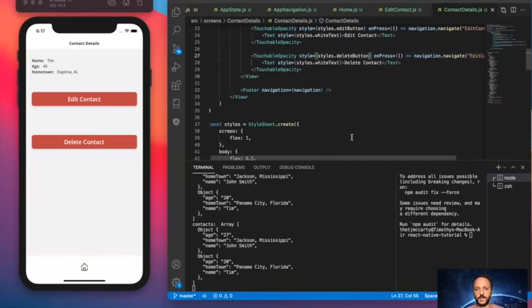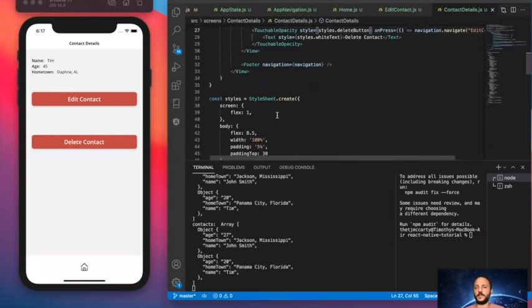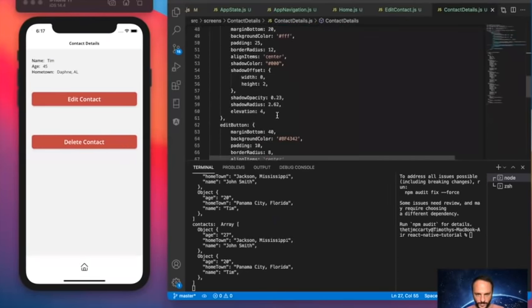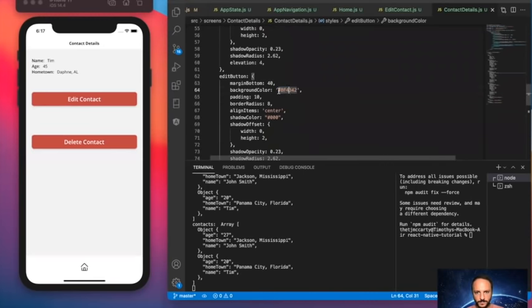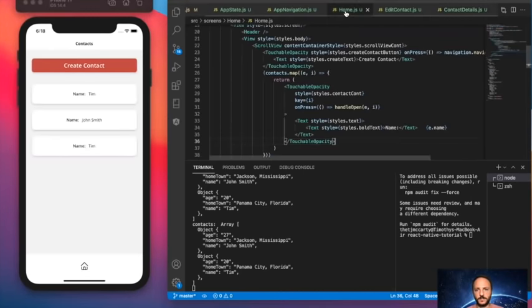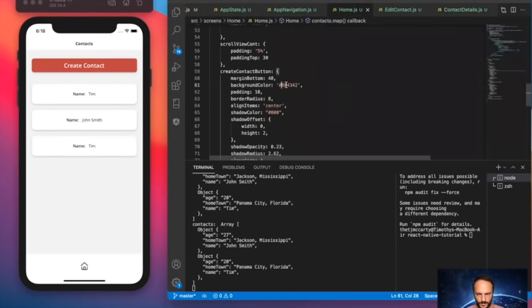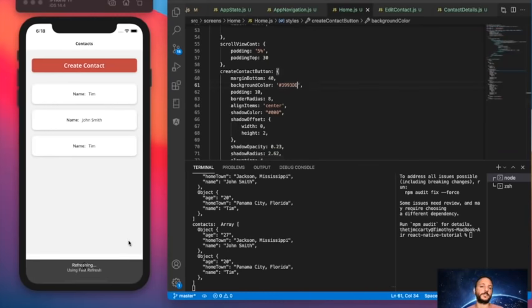Okay, there we go. And I'll go back to this color. And the edit button. The edit button is the one that we want to change the background color. Okay. And maybe to match the scheme on the home page, I'll go ahead and just change the create contact button to this blue and save the red color for like danger. You're about to delete